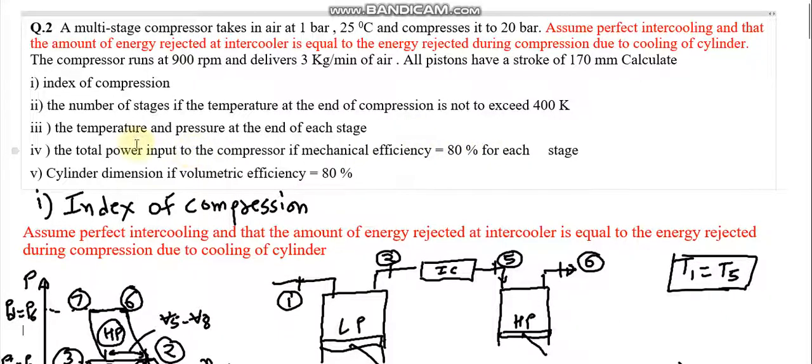Total power input means, if mechanical efficiency is given, we have to first find the indicated power and then the brake power. And the cylinder dimensions, if volumetric efficiency is 80%. For cylinder dimensions, we use the mass flow rate and volumetric efficiency formula. So first we find the index of compression. For the index of compression, it is given in the numerical that